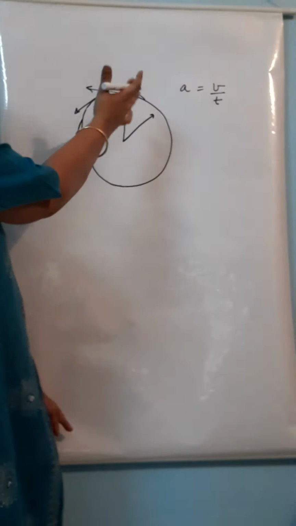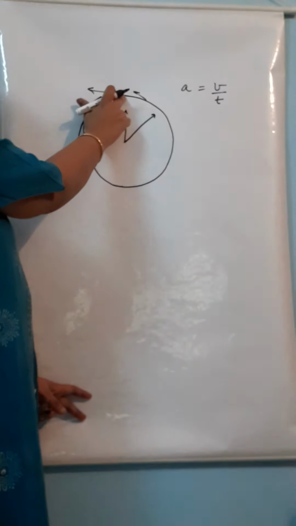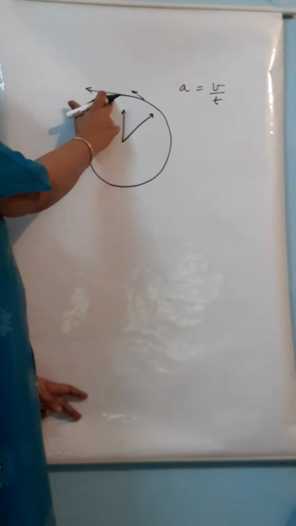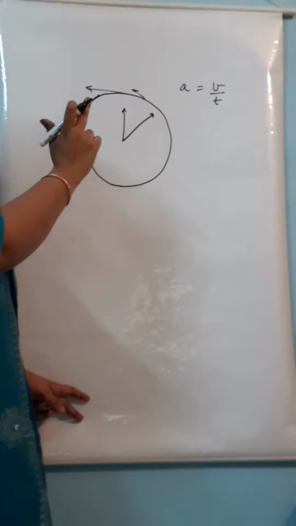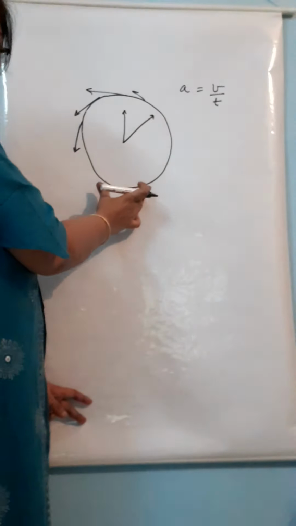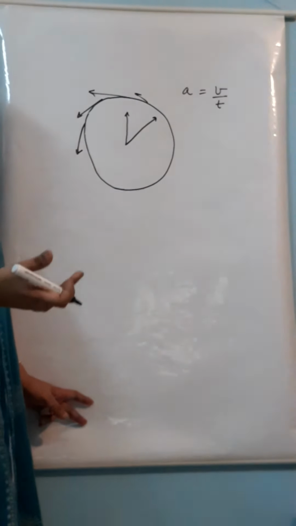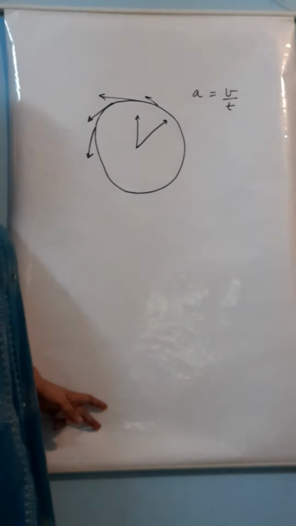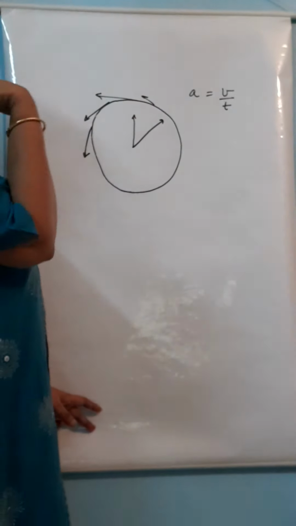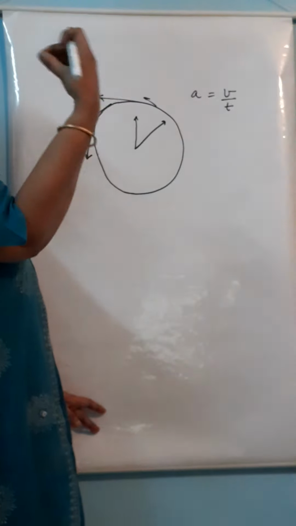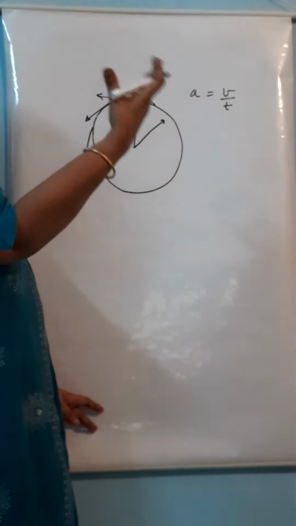A similar example can be taken if you tie a stone to a piece of thread and move it fast. As soon as you release it, it will move in a direction which is tangential to the circumference of the circle. Tangent means at an angle of 90 degrees. Several game examples we can see, like in discus, when an athlete throws, it will always move in the front, in the direction in which it is released, like the arrow or the ball.